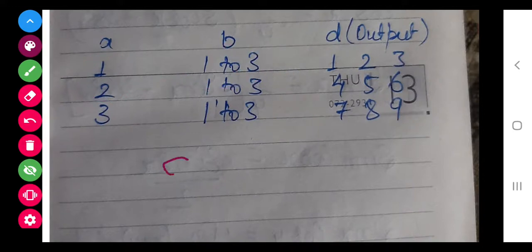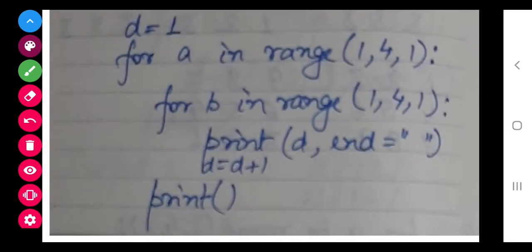So we have taken another variable, that is D equals 1. But if we talk about the loops, they will remain the same and we will run our program like this. Now class, see, in the start I have given D equals 1.